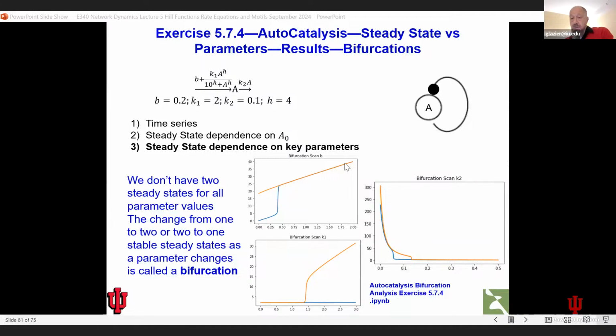What about K2? K2 is sort of interesting. K2 is the decay rate. Suppose that I have a high value of K2. The chemical decays very, very quickly. What is that going to do? If A disappears very fast,